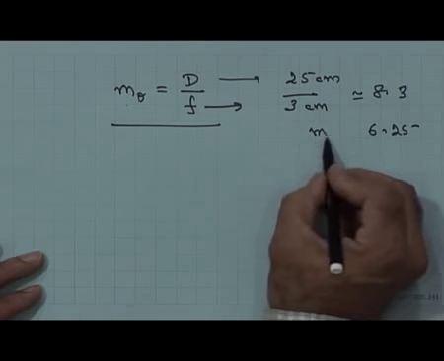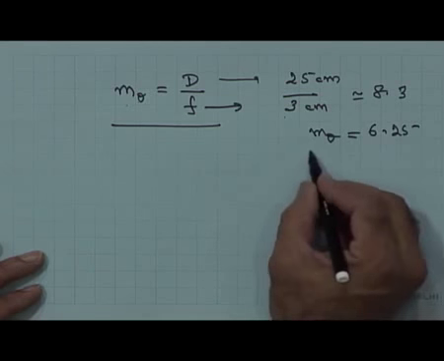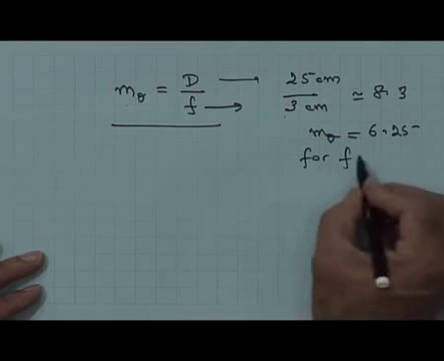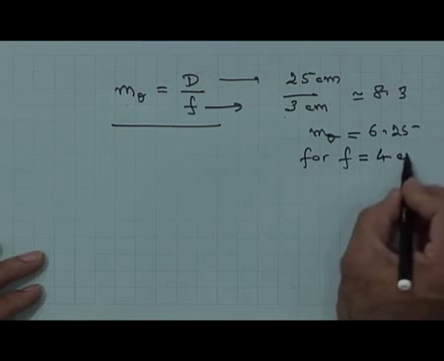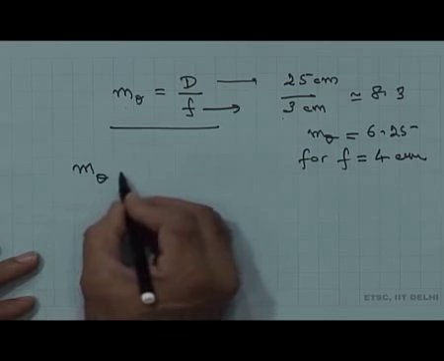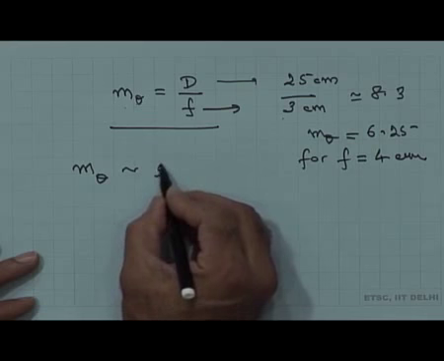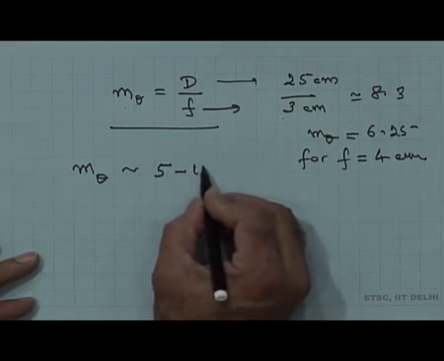So, m theta is equal to 8.3 for f equal to 3 centimeters, and 6.25 for f equal to 4 centimeters. In other words, the angular magnification is typically in the range of 5 to 10 or 5 to 8. So, 5 to 10